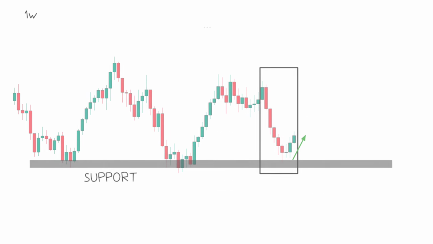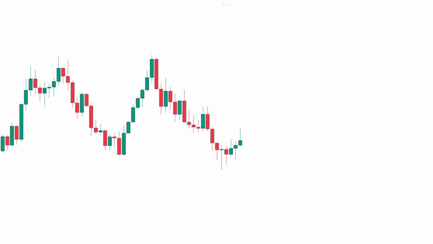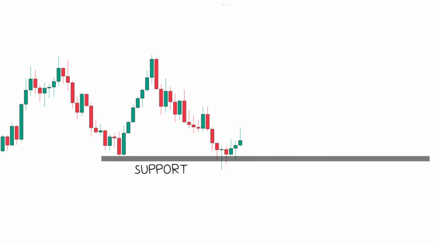I'll show you this again on another pair. Here we have the Aussie dollar. This is a key level of support. As you can see, from when price got here last, it hit and reversed upwards. So as price approaches this level again, we have a big candle, then a smaller candle, an even smaller candle, which is also rejecting support. Then we have this beautiful green long wick candle rejecting support, followed by another great inside bar candle rejecting support as well. As you can see, price bounced upwards, which would have presented a great trade opportunity through the intraday